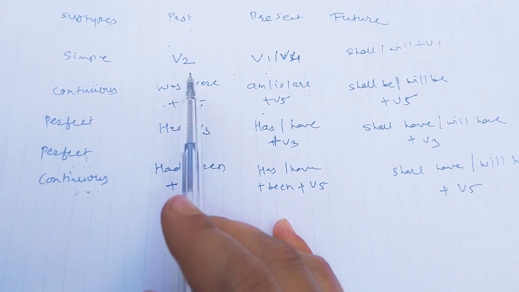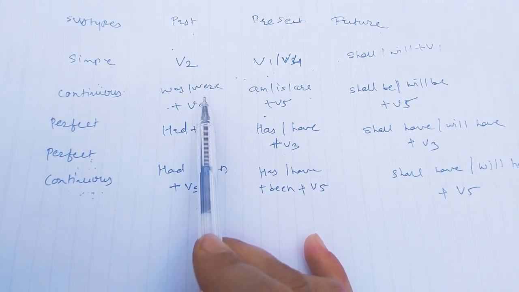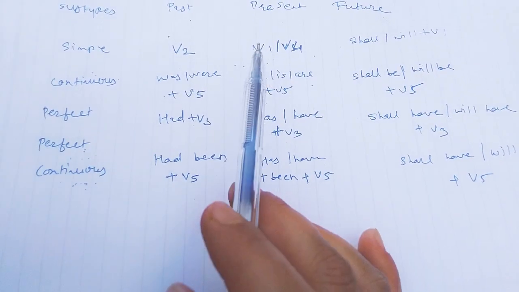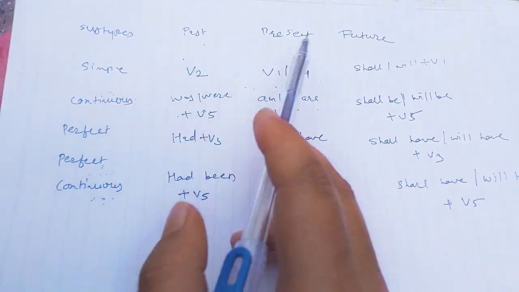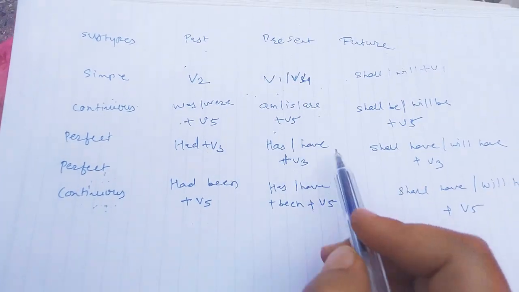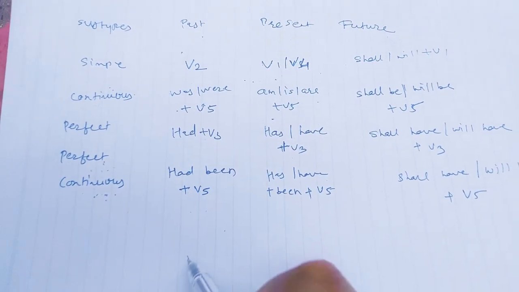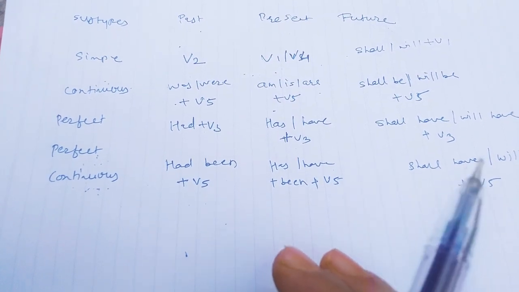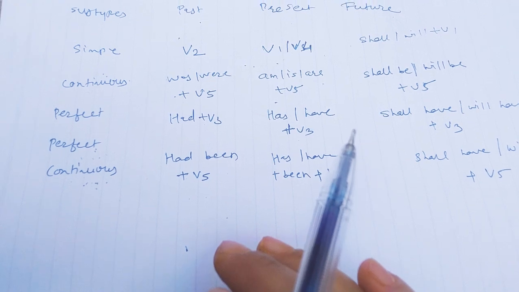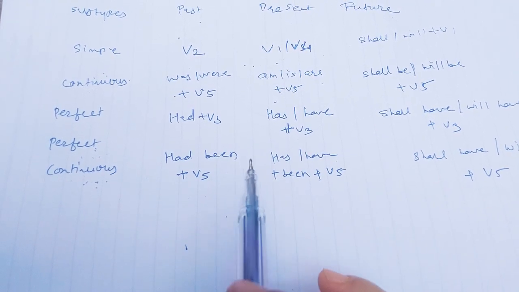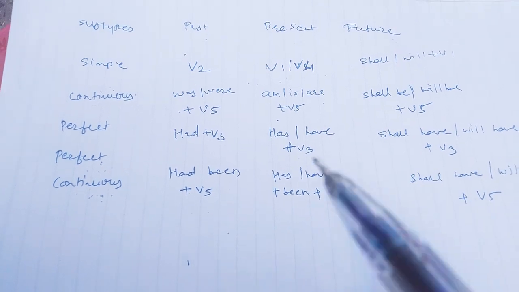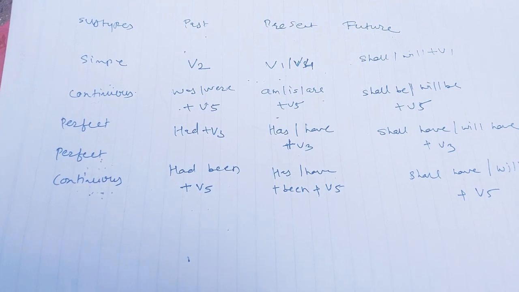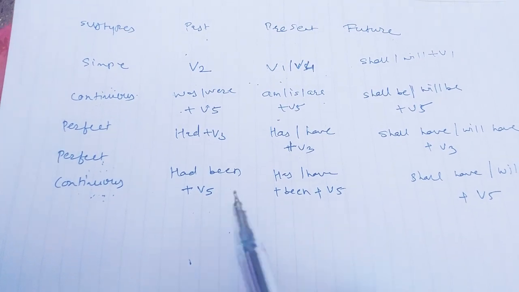And you know very well where we need to use was, where we need to use were, where we need to use am or is or are or shall or will, that we have already gone through in the forms of to be and to have. So these are the actual formulas of tenses. This is the actual change we are going to make, right? So all these things are already with you. In these 2 videos I have explained what we need to use while we are changing one tense into another one, right? So these are the things.